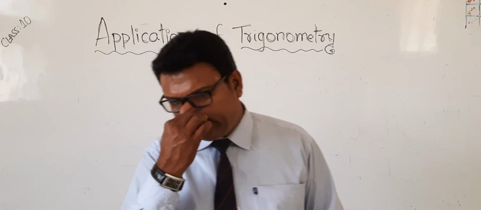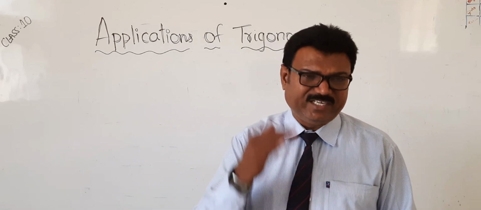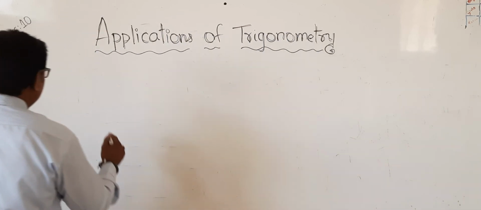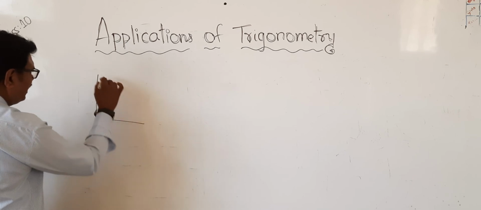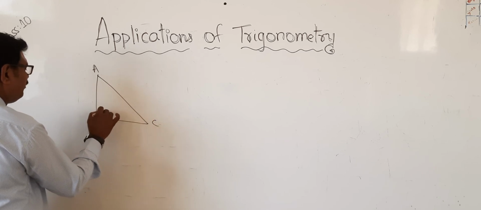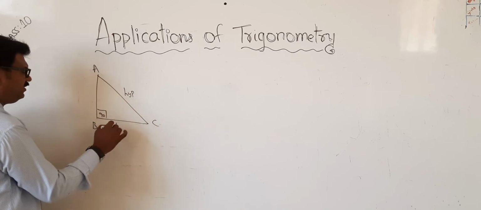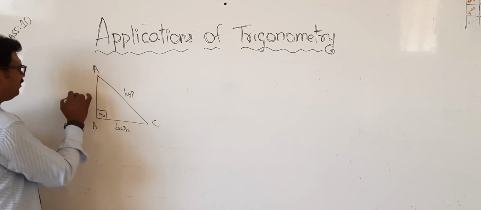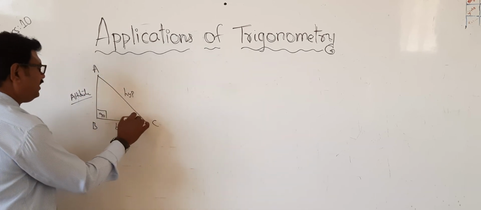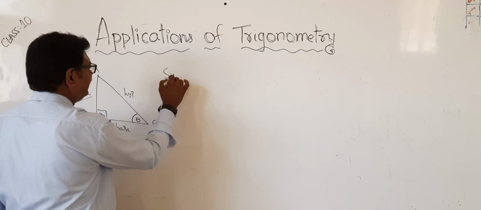Before going to the topic, I just want to recall the ratios, whatever you studied, trigonometric ratios. So trigonometry is based on the right angle triangle. Actually, it is always a right angle triangle only. So for example, ABC and angle B is 90 degrees. This is nothing but hypotenuse, and this is nothing but base, and this is nothing but altitude. Like this. Now, if I have taken the angle as theta, then the first ratio is sine theta.